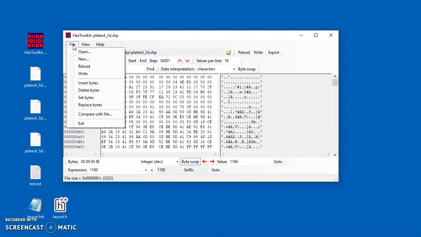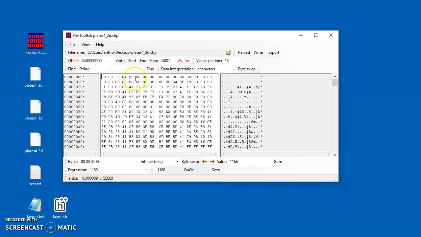Okay, so under the File menu, we've got a few things we can do here. Obviously we can open files, as I did when I started this, so we could open the shapefile. We could reload, that's just over here on the toolbar there. We can write it, which we did before. Okay, so we can insert bytes. So let's try that. Say we want to insert 4 bytes at the start of